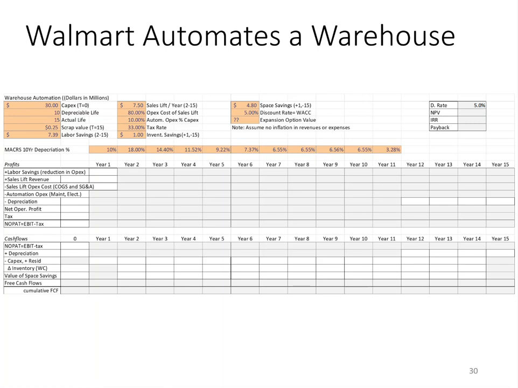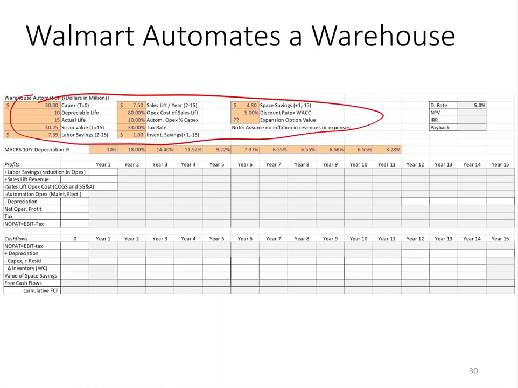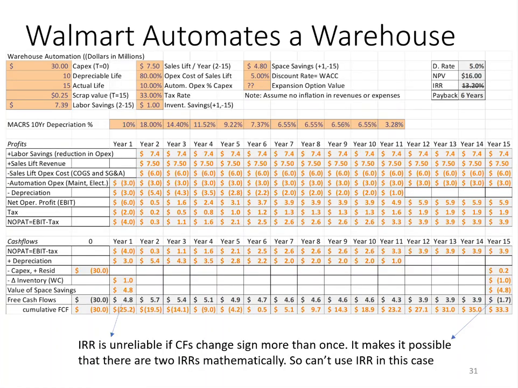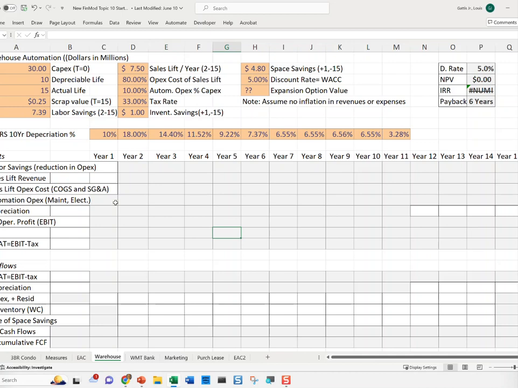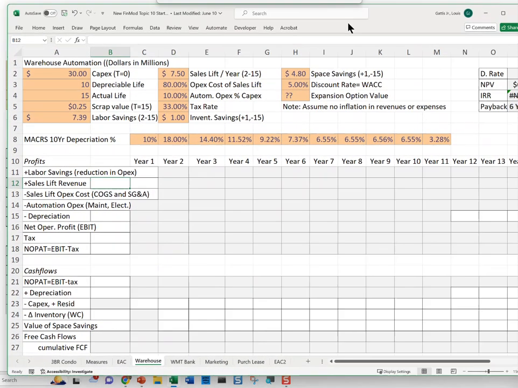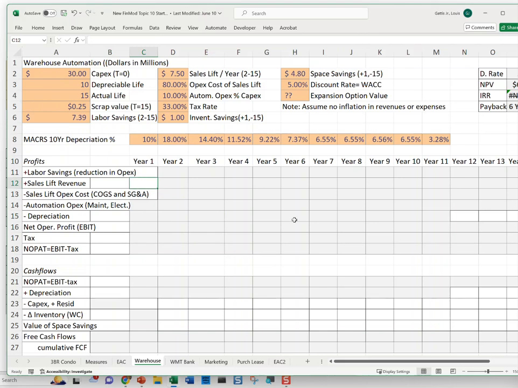So we're going to do the example. I have all the assumptions written up here. I always put the value drivers or the assumptions up top, and then we're going to calculate these cash flows. Then we'll come back and calculate the NPV, IRR, and payback of this project. So let's get to work. So here is the spreadsheet. And so let's start off